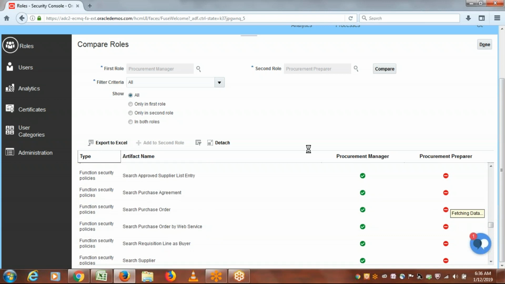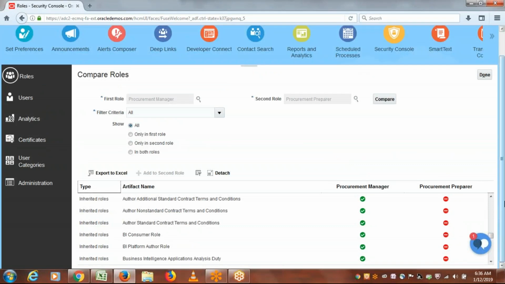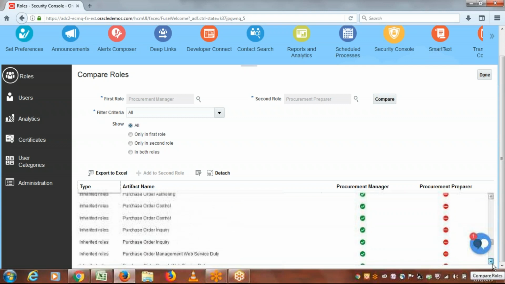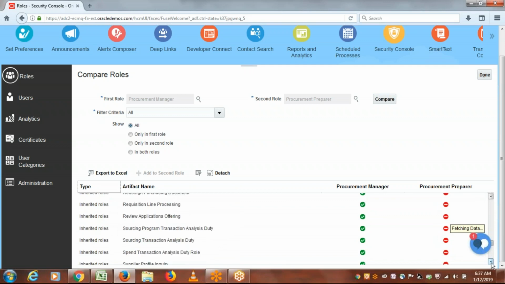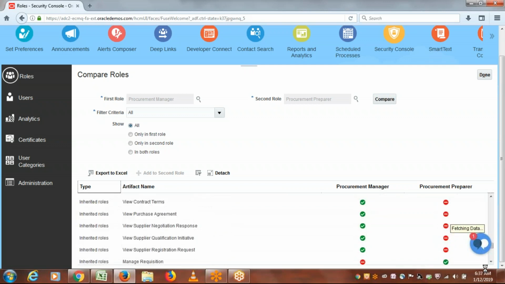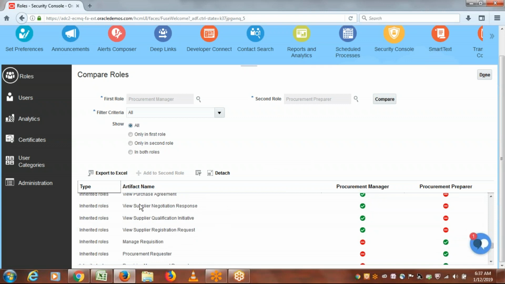Now most of the privileges we have for procurement manager. Procurement preparer has very few privileges. You could see most of the privileges are not given to this procurement preparer. Scroll down. Now it's very difficult to find out just by scrolling and verifying. Even if you want to fetch this information to a spreadsheet, you can fetch. Okay, here you could see